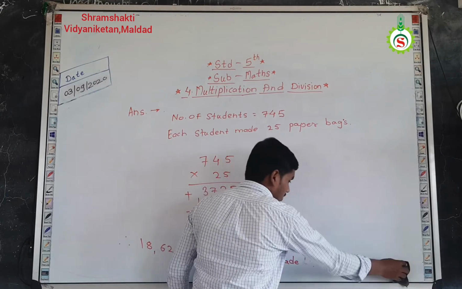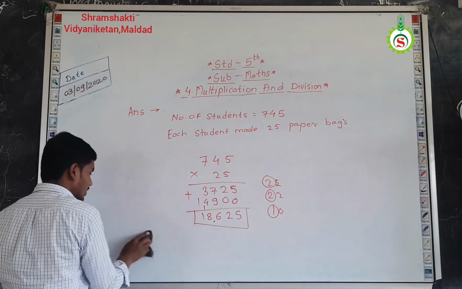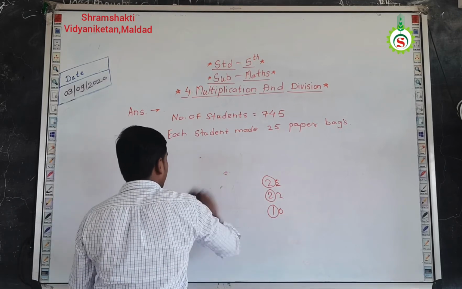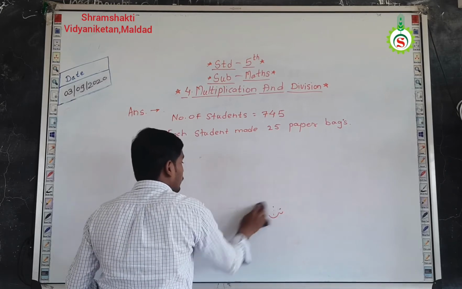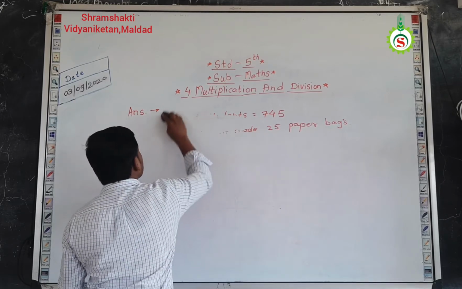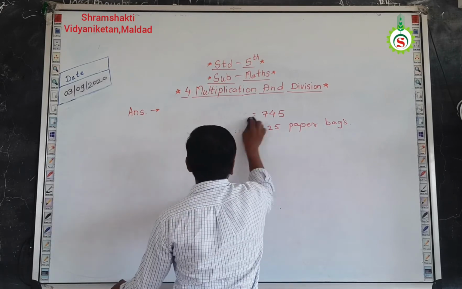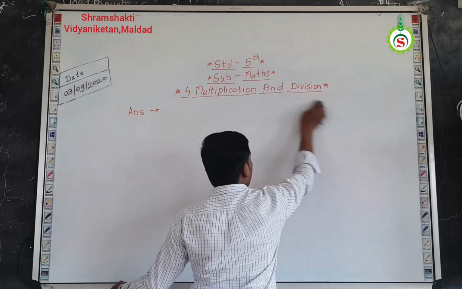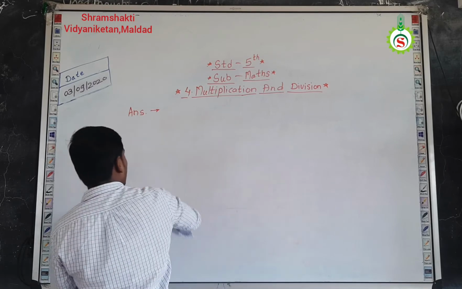Okay. Now this is question number 2. Now all of you read question number 3. Now we will move toward the next question, that is question number 3. All of you read question number 3 and try to understand what they have asked and what they have given to us. So if you once understand what they have given to us and what we have to find out, then you can easily solve the numericals.